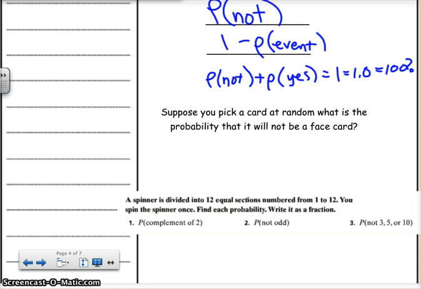Suppose you pick a card at random. What is the probability that it will not be a face card? I like to do the probability that it is a face card, because it's smaller numbers. So probability of face card, there's 3 face cards, right? Jack, Queen, King. We're not counting aces as a face card. 4 suits. So it's 12 out of 52 cards, which is, divide by 4, 3/13. That's the probability that it is a face